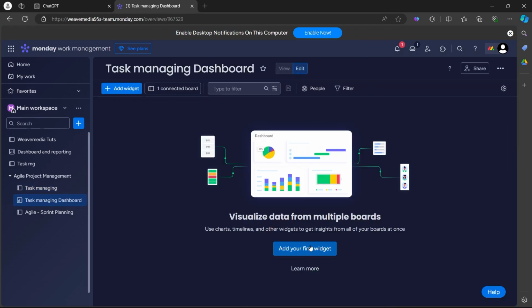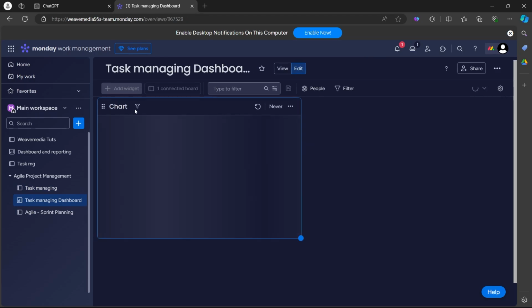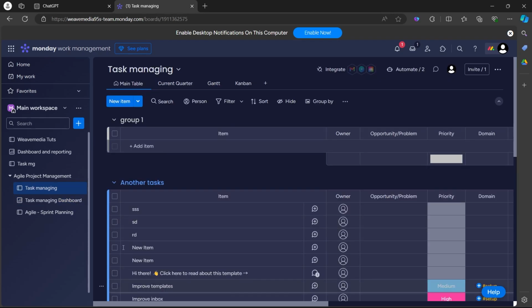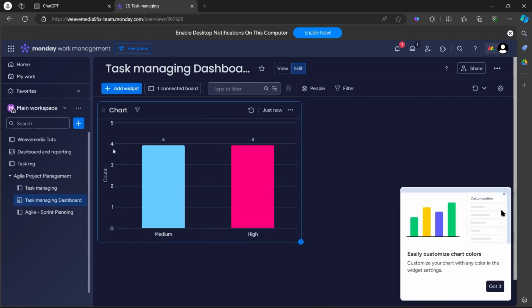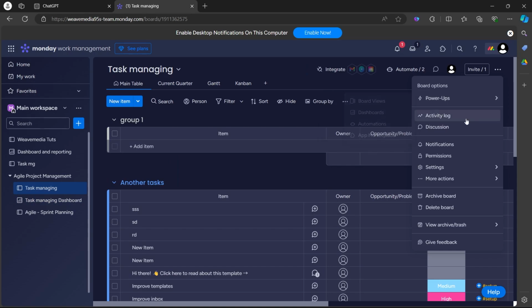Click on apply your first widget and you can also add a widget that is chart. For example, when I click on chart, now I will get a chart view for my tasks that will be connected to this task managing board that I just created. It is pretty awesome. You can see the graphic elements for your view. Now you can go back to task managing, click on this three-dotted icon again and see the activity log, discussion,